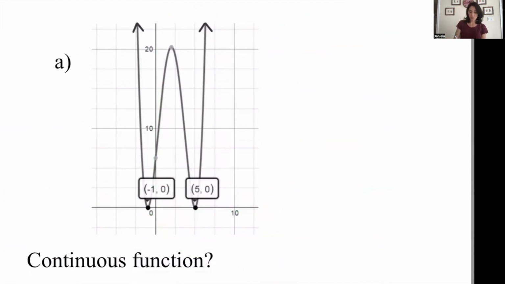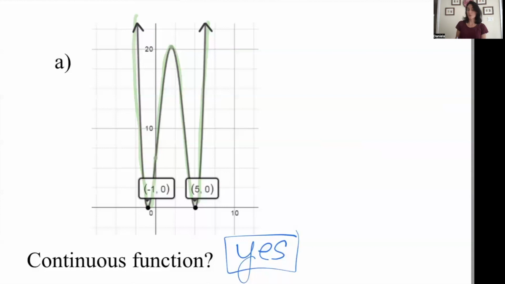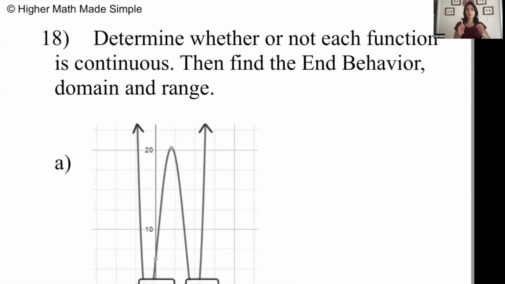So if it's coming from the positive infinity side, then I go up, then I go down, then I go up. Notice I traced it. I didn't pick up my pencil once. So when that happens, yes, it is a continuous function. There's a flow continuously. So we're going to find the end behavior, and then we're going to find the domain